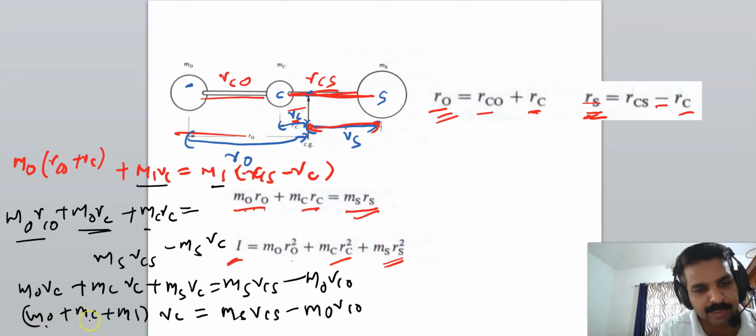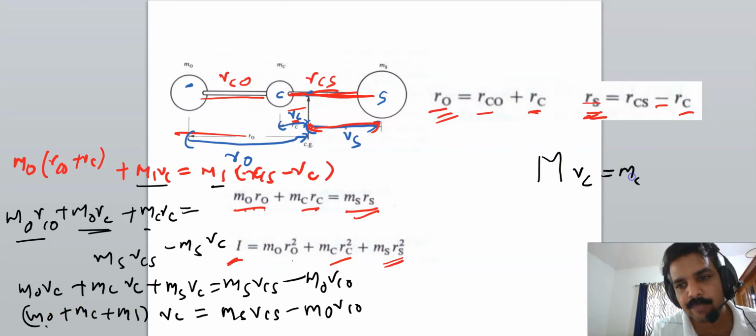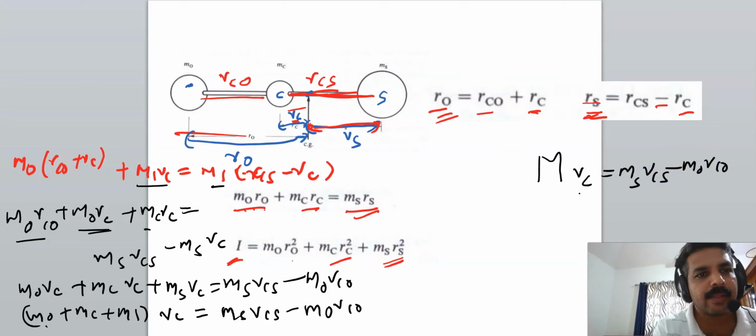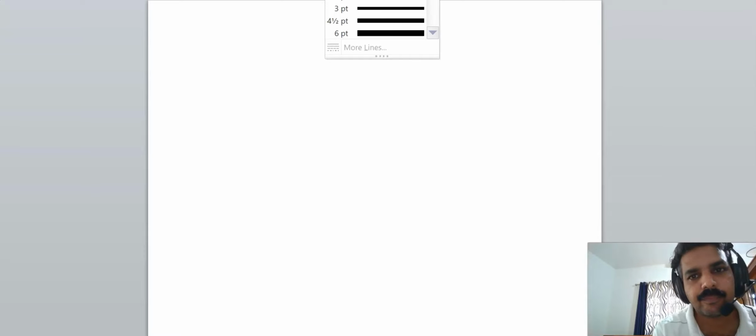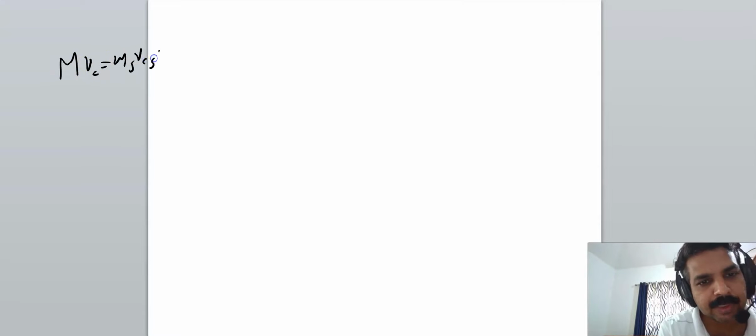And this MO plus MC plus MS, we can write as the total mass of the molecule, so we can write MRC is equal to MSRCS minus MORCO. Okay, then we get this equation, that is MRC is equal to MSRCS minus MORCO. And our moment of inertia I is equal to